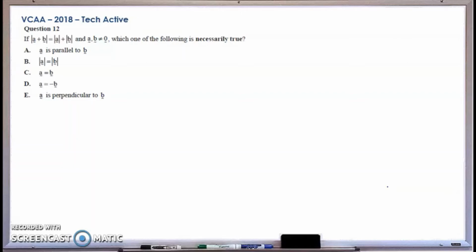We're being asked here to answer a question that's relating to vectors. And as you can see here, we've got these magnitude signs and the vector signs. It can be really helpful if we unpack what this actually means. For example, I've got modulus sign A plus B modulus sign. So let's unpack that. These modulus signs, either side of vectors, that means the magnitude